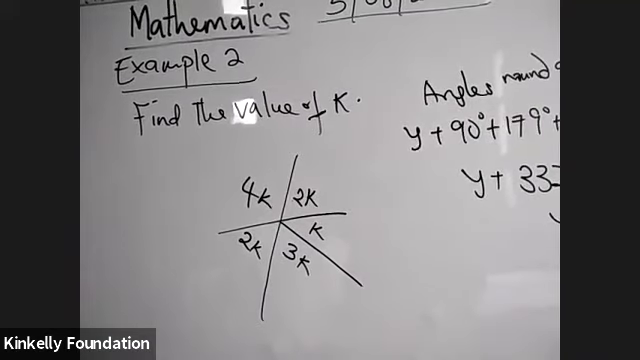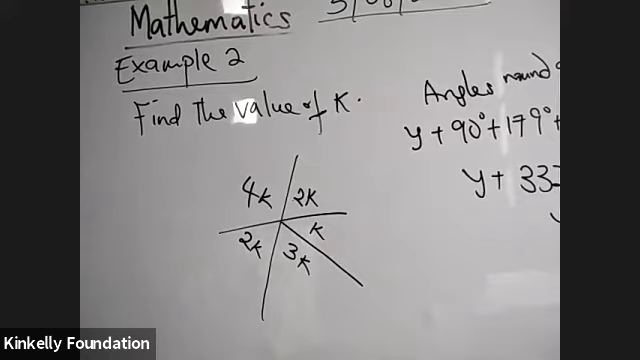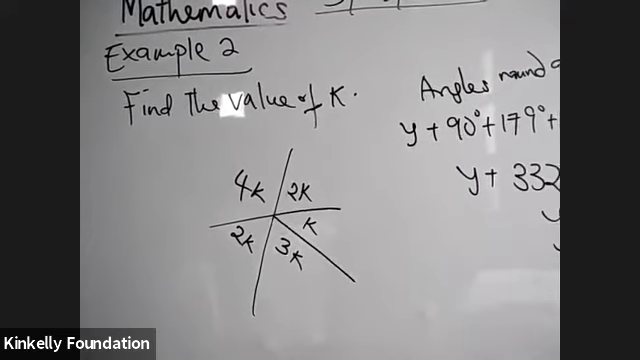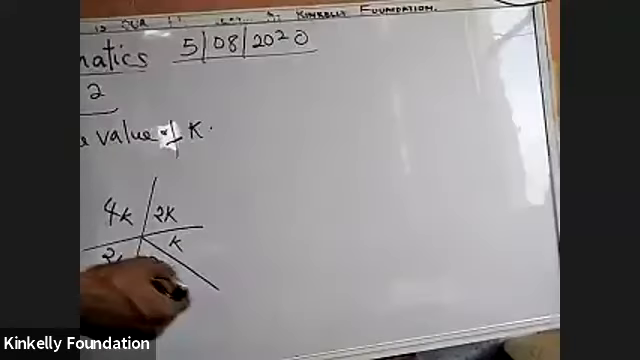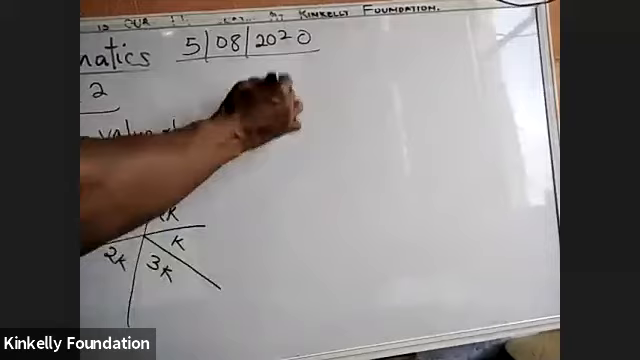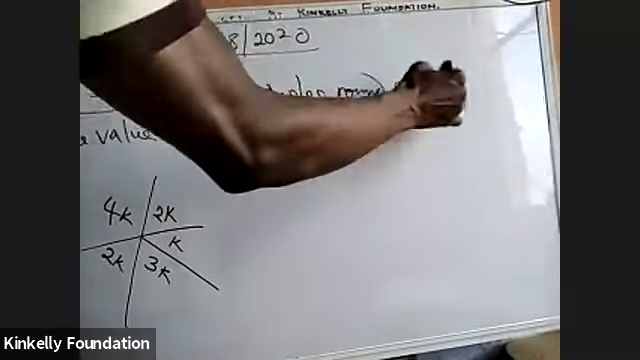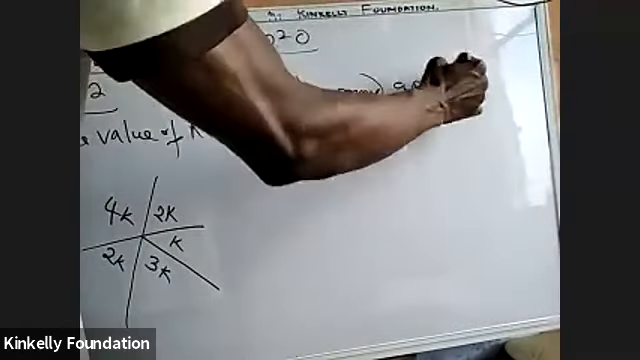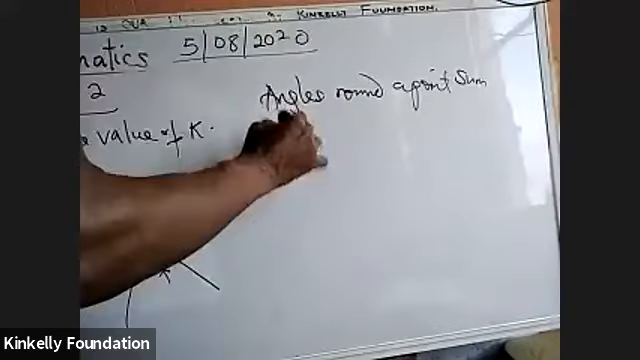Find the value of k in this diagram. Use rule 4, the sum of angles around a point, as you have done earlier, and find the value of k. On this case, remember that we say that angles around a point